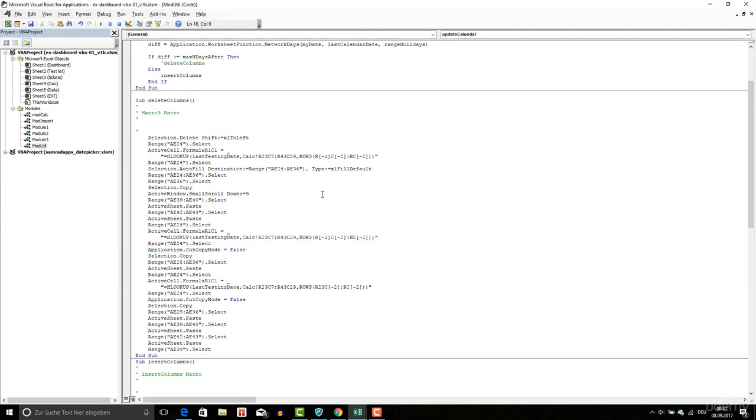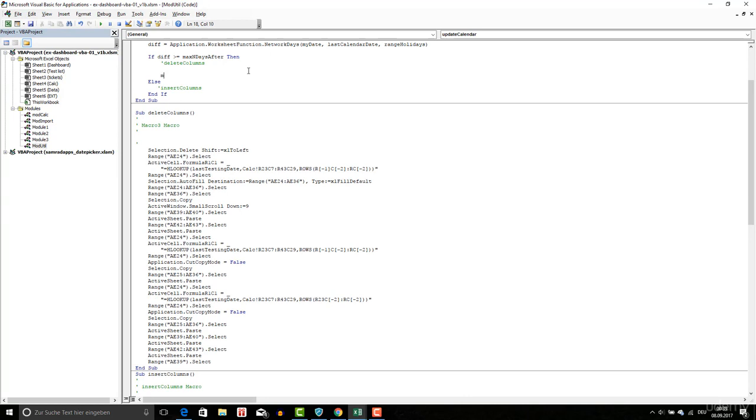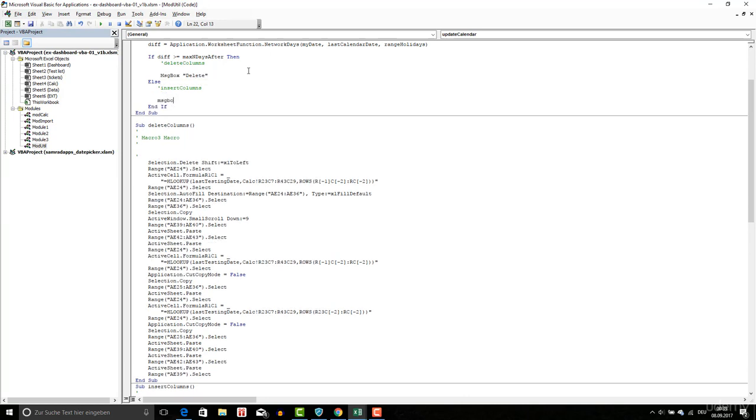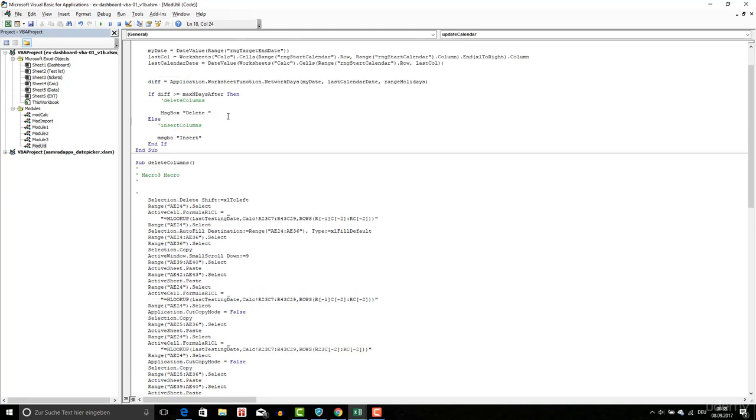the insert columns. Okay, now I want to show you how this works. So I'm going to comment these two for the moment. I don't want to execute them, not to create something wrong on my document. Instead, I'm going to comment this, and here I'm going to say MsgBox delete, and here MsgBox insert. So we need to insert. Okay, I'm going to delete space, and here we have to do diff minus this one marked. In the other case,